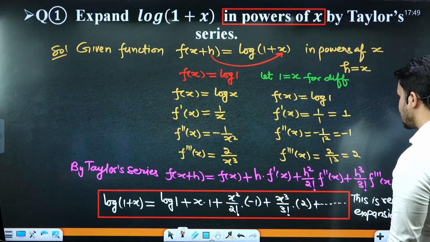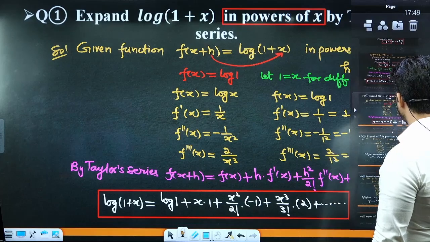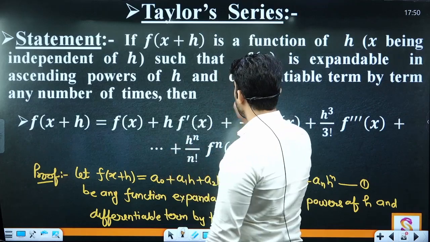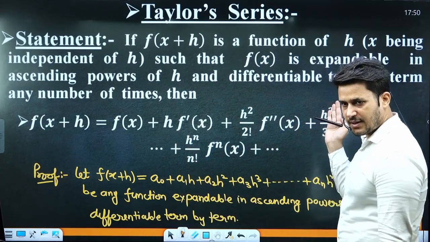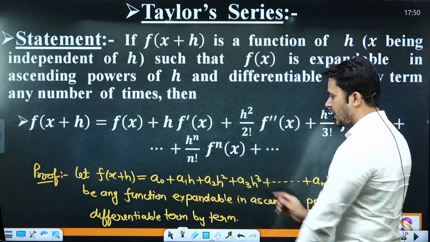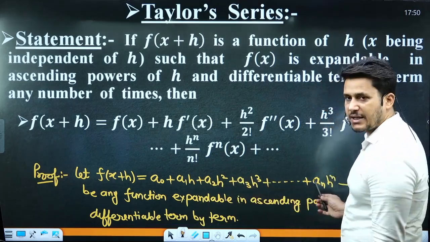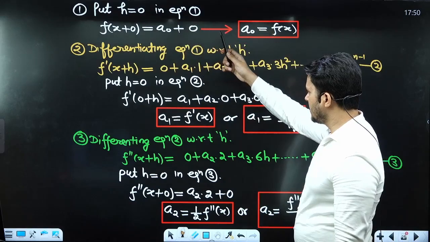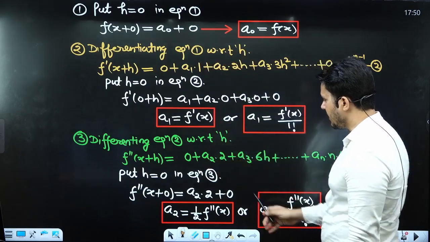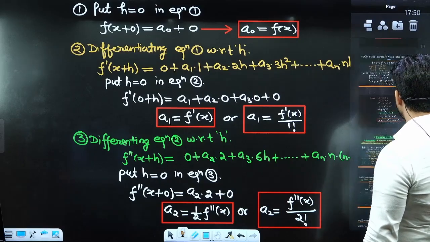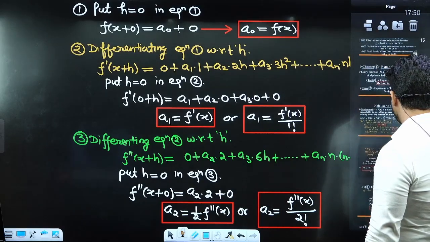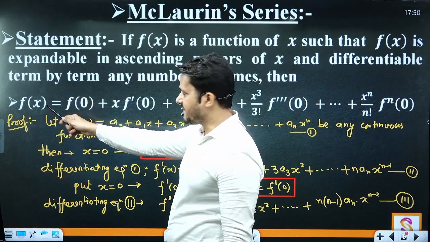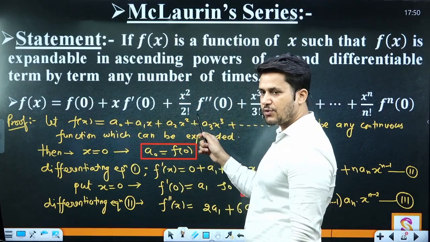तो इस वाले थ्योरम में ना आपको, इस थ्योरम में कोई पर्टिकुलर वैल्यू भी पूछी जा सकती है कि इन पावर्स ऑफ दैट, इन पावर्स ऑफ दिस, हाँ, तो इसमें ये वाला फंक्शन a0 a1h a2h स्क्वायर a3h क्यूब एंड सो ऑन मानना है, इसी का डिफरेंशिएशन करना है विद रिस्पेक्ट टू h, देन पुट h इक्वल टू 0, यू विल गेट a0, सिमिलरली a1 a2. जबकि मैक्लॉरिन में क्या था, मैक्लॉरिन और टेलर्स में ध्यान रखें, मैक्लॉरिन में ये था, दिस फंक्शन कैन बी एक्सपेंडेड इन टर्म्स ऑफ x, any function f(x) = f(0) + h f dash 0 + x square upon 2 factorial f double dash 0 and so on.